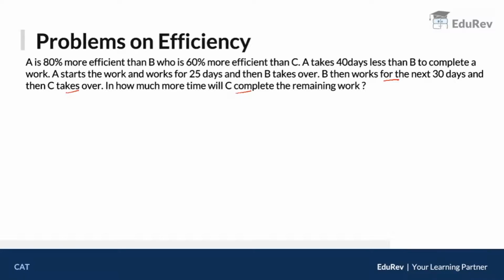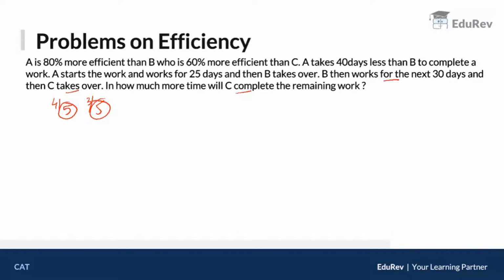See, the first percentage given is 80%, which is nothing but 4 by 5. The second percentage given is 60%, which is nothing but 3 by 5. So I would suggest taking a value divisible by 5 and 5, which is 25. If you start with 25 or any multiple of 25, you will not have to tackle any fractional value in your problem. It will make your problem very, very easy.